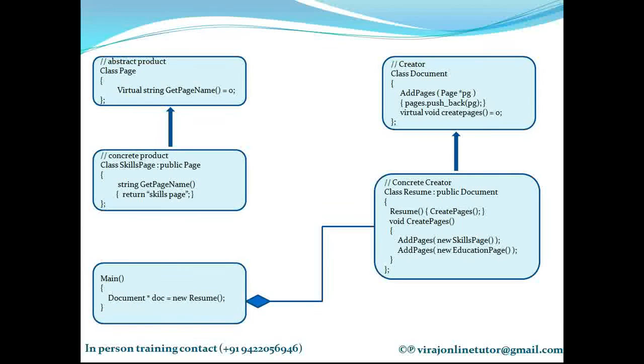So the object creation can be controlled. It's not that anyone can create objects. I'm passing a request to the factory method to create an object, but if certain preconditions are not satisfied, the factory method can decide not to create an object. So creation of objects can definitely be controlled when I'm using a factory method to create objects.